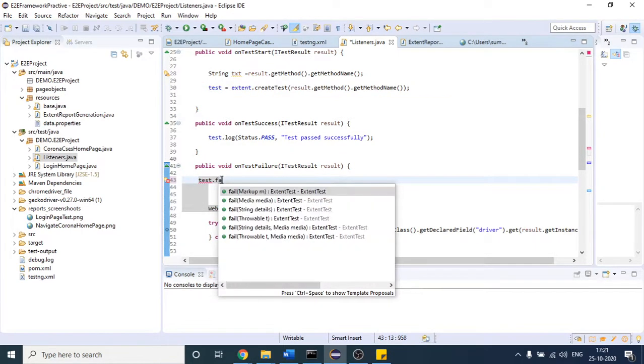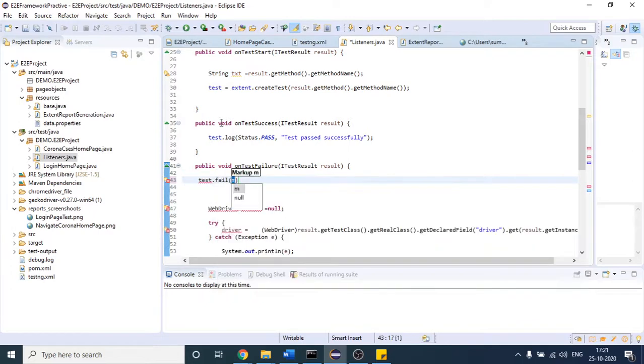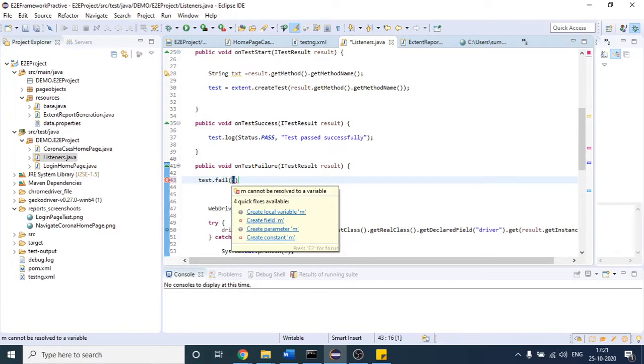So if you say test dot fail, suppose my test case failed due to an assertion, I want whatever error came, the exact same error in my file.